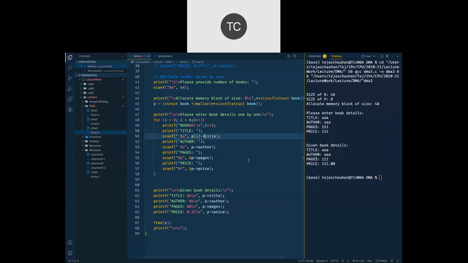And that's the reason when you access P of I, you need to go for dot operator. P of I dot title. So that's what you are going to replace here. P of I dot title, P of I dot author, P of I dot pages, P of I dot price. That is how you are going to take those values from user.